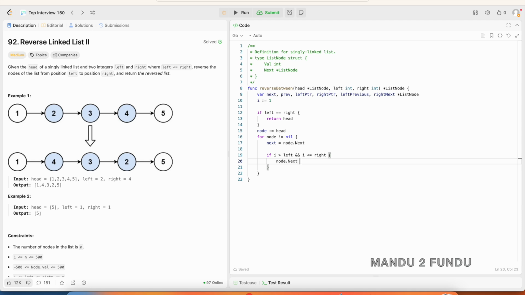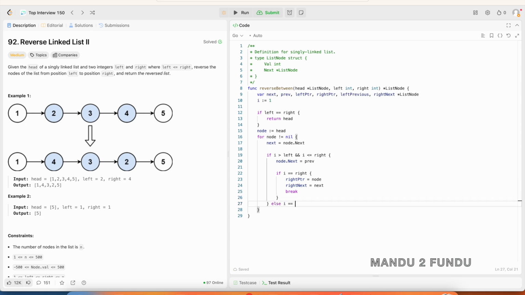Basically the next pointer points to the previous node. Then I check whether the index is equal to the right position. If so, I assign the current node pointer to the right pointer variable and the current node's next pointer to the right next pointer variable. Then I break out of the loop,